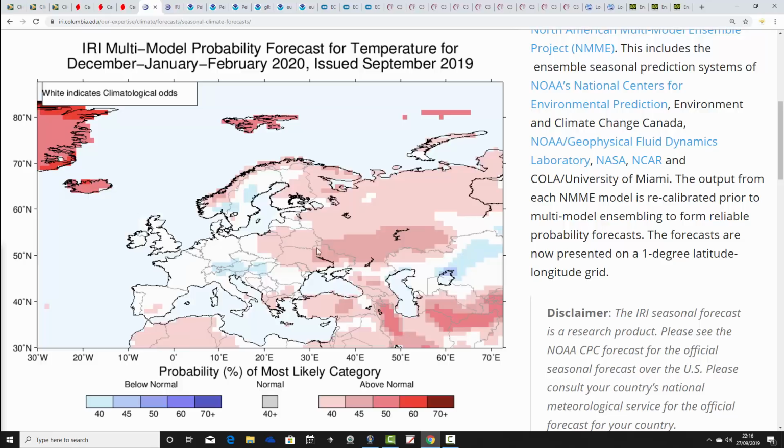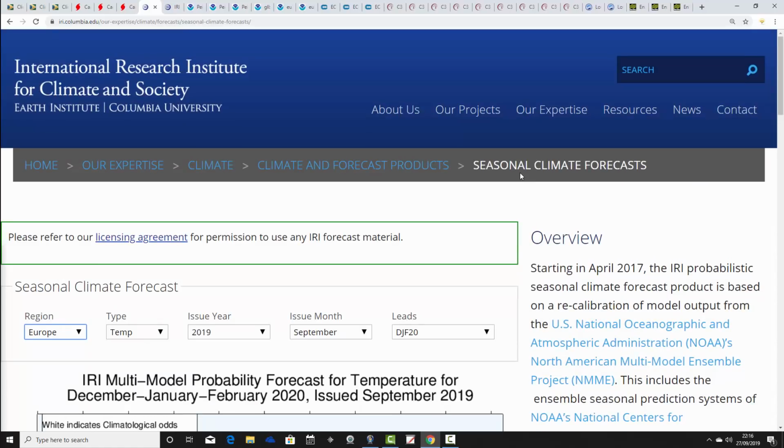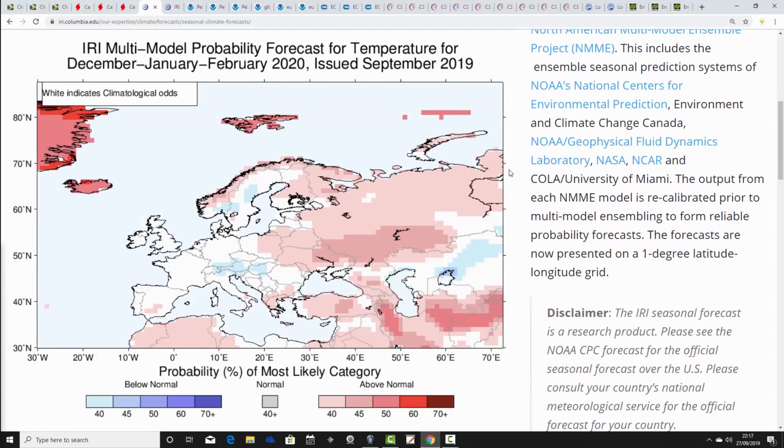2019-2020 seasonal model roundup. The next model is the IRI multi-model probability forecast. This, of course, is coming from the International Research Institute for Climate and Society. It's part of the Earth Institute at Columbia University. This is the temperature probability for the winter of 2019-2020 for Europe. And this looks relatively interesting again as well. Notice that in parts of Scandinavia, actually, there is a low probability of being cooler than average, and some of these central parts of Europe too. There's a little bit of blue, quite unusual for these